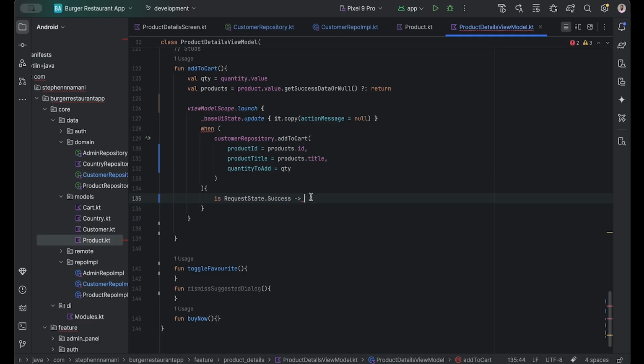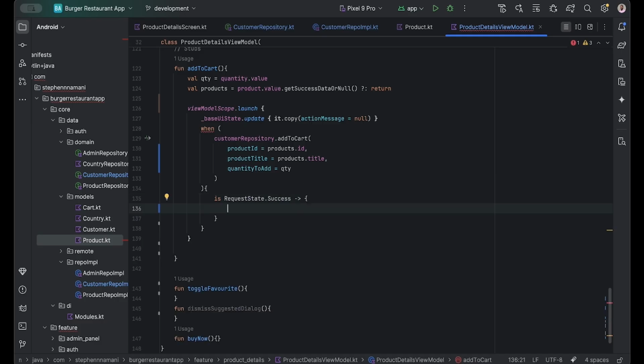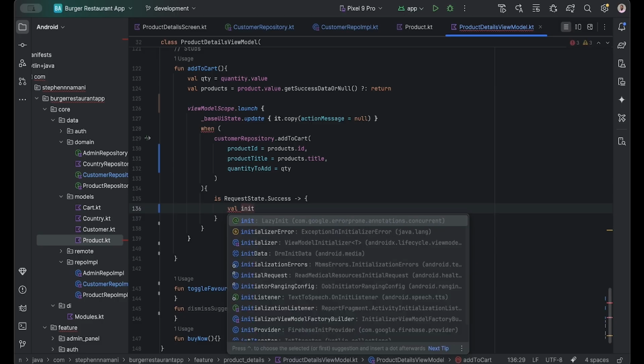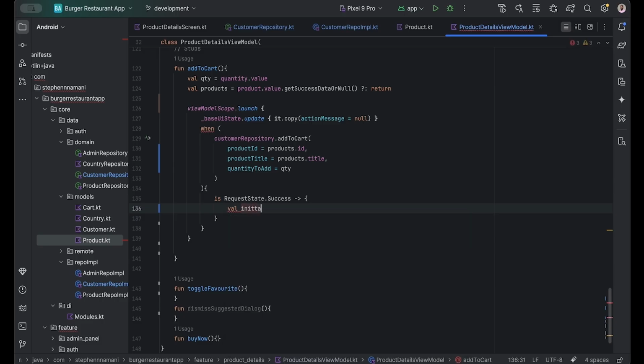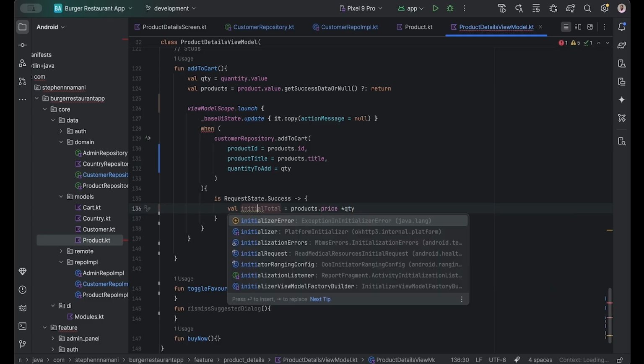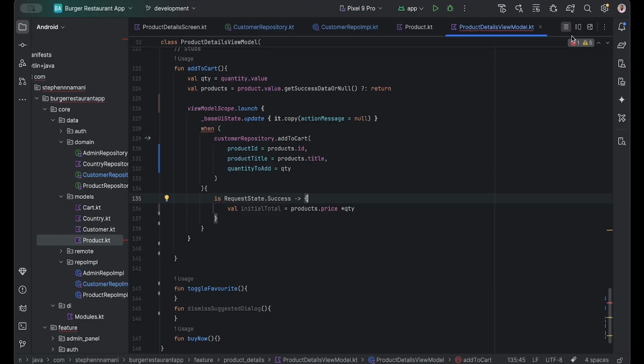Okay, so now that we've got that, we now say is request state success. Then here, for us to get the selected item when we click that add to cart, if you remember, we have just selected an item from our product overview screen, which led us to the product details. So for that particular item, for us to get the price value, let's set a var that we'll call initial total to get the price of that item, and we set that to product.price times quantity, because in that same place the user also has the ability